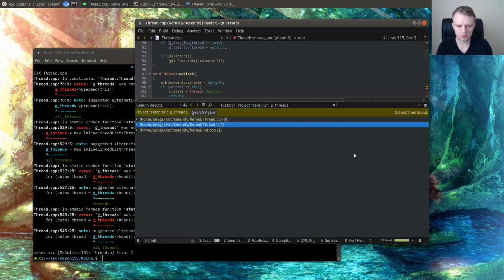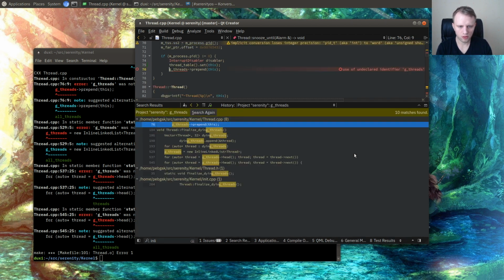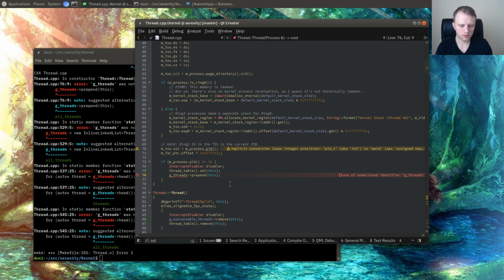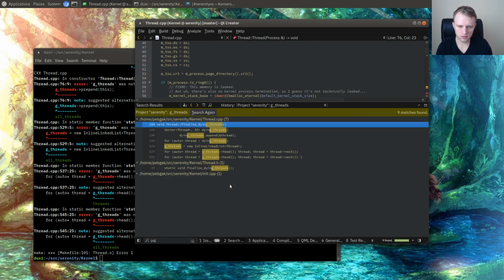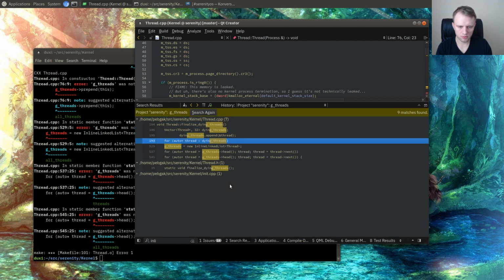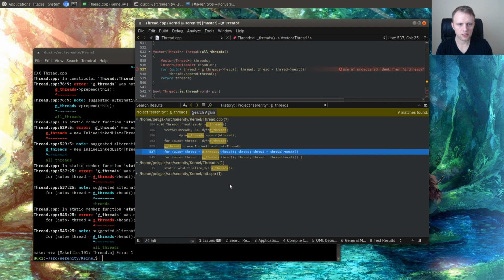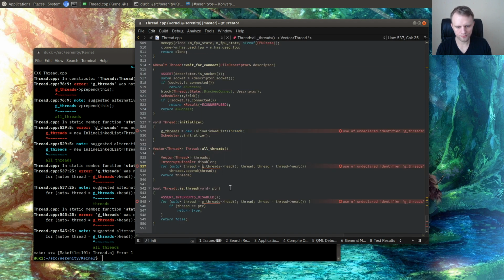Probably we have more G threads, yeah. Right, so here we wanted non-runnable threads in the constructor. G threads, but not dying threads. Oh, most of these are dying threads. Okay, so all threads, all it needs to do is